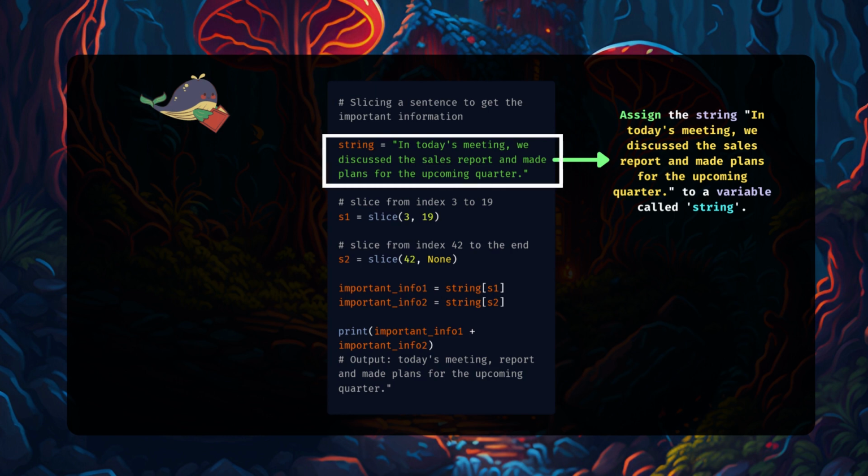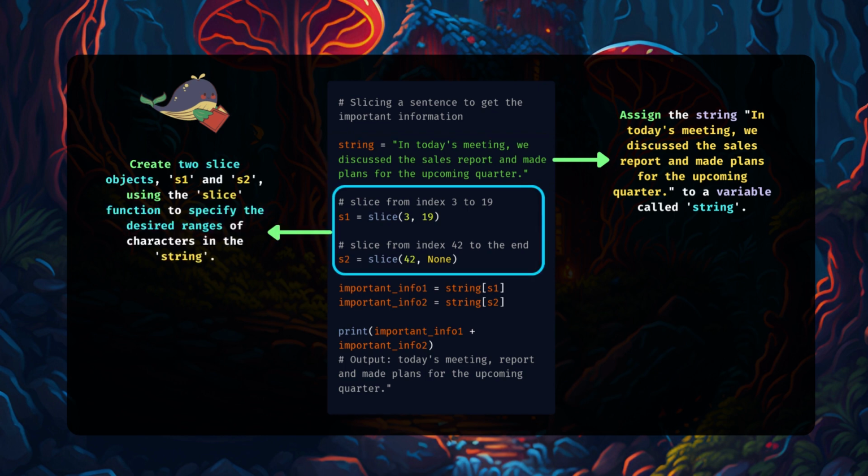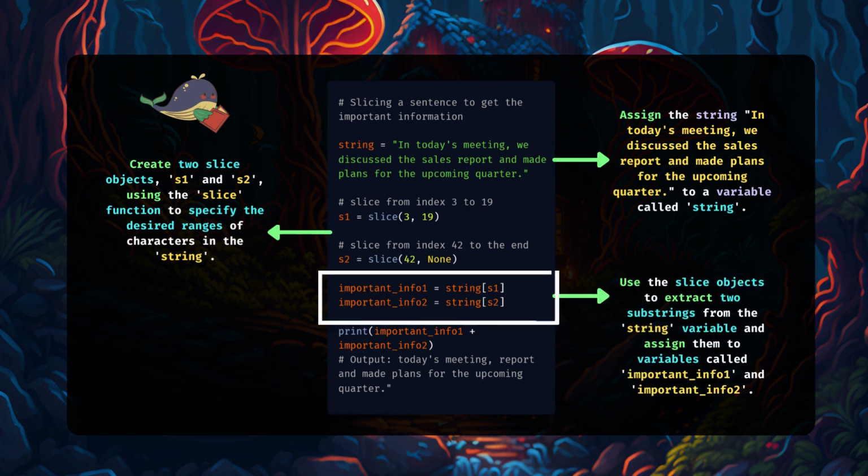First, we will assign the string "In today's meeting, we discussed the sales report and made plans for the upcoming quarter" to a variable called string. Then we create two slice objects, s1 and s2, using the slice function to specify the desired ranges of characters in the string. We then use the slice objects to extract two substrings from the string variable and assign them to variables called